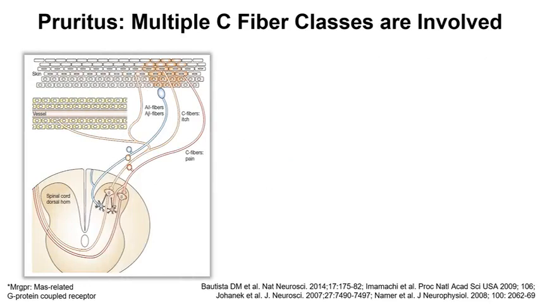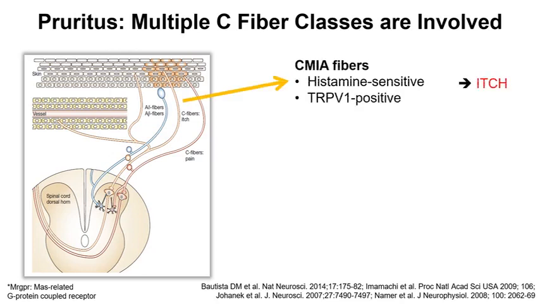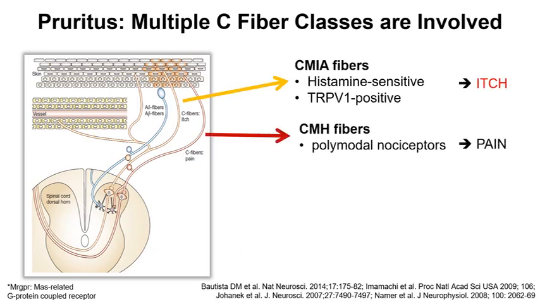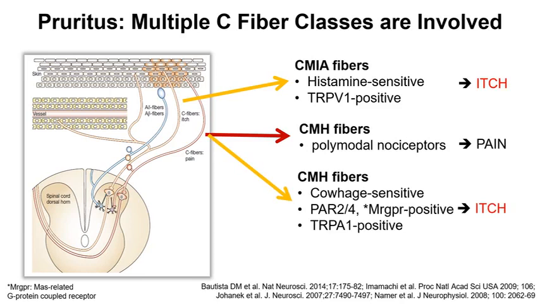Yeah, and this graphic summarizes the current knowledge. So we started 20 years ago by identification of the histamine fibers, and we thought, okay, now we have fibers which are for itch transmission, and we can separate the fibers which are for pain transmission, the so-called C fibers, which respond to mechanical and heat stimuli. But 10 years later, it was demonstrated that these CMH fibers can also transmit itching.